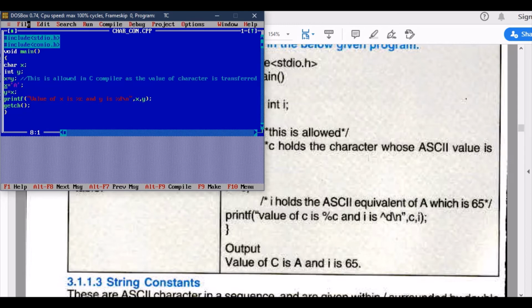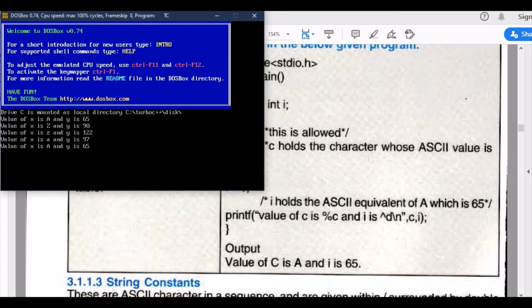We say that the value of x is capital A, then y is equal to x. When you print the same value using a character output %c and an integer output, this will give you the value here, 65.